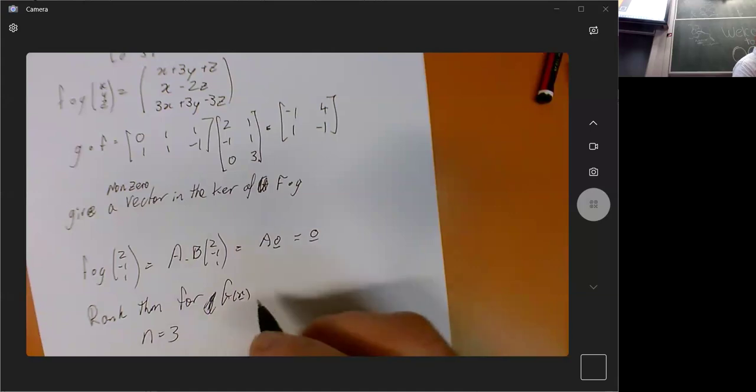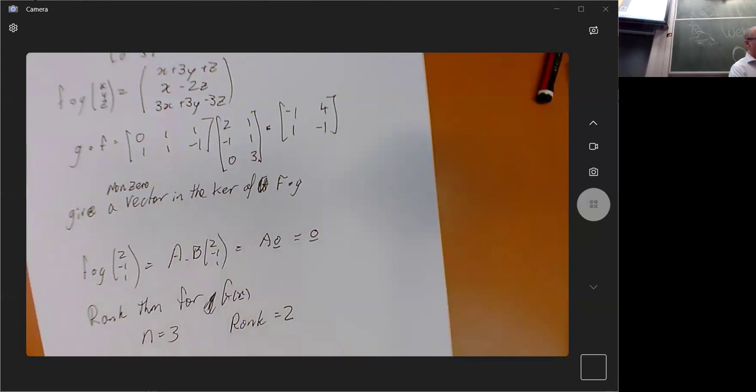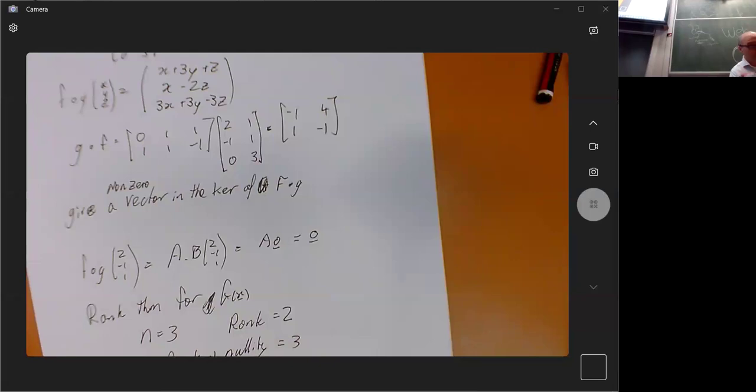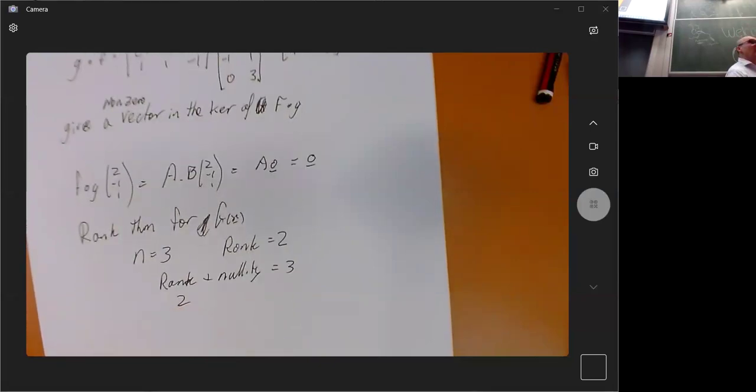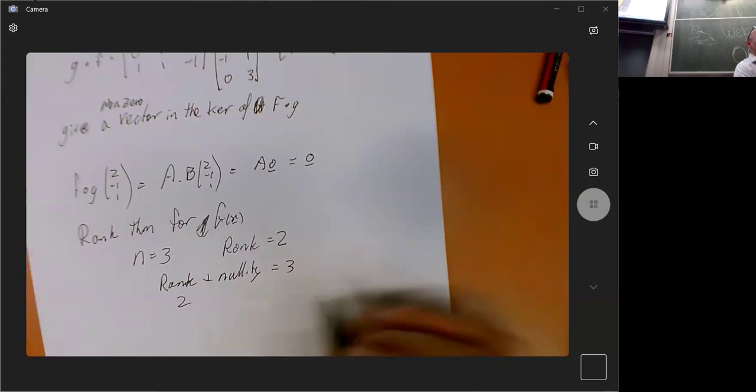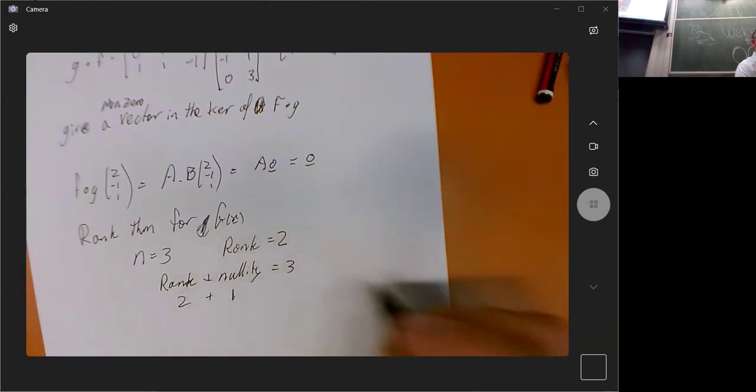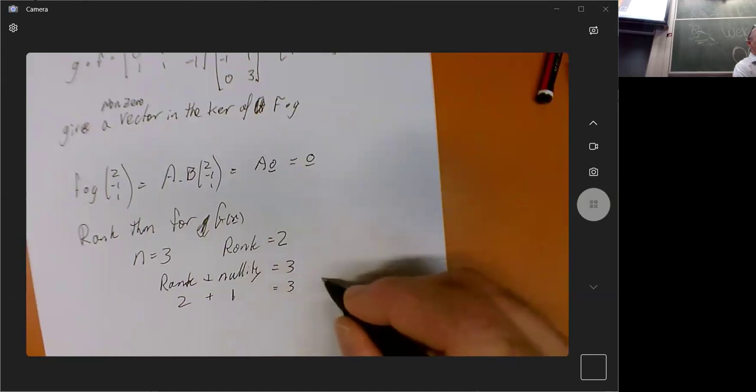And rank is going to be equal to 2. So rank plus nullity is going to be equal to 3. We know this can be 2. Best it can be is 2. It is actually 2, we can see that. We can observe that those 2 vectors that would form that are linearly independent, so we know that the rank is 2. But that tells me that the nullity must be 1. And so the dimension of the kernel